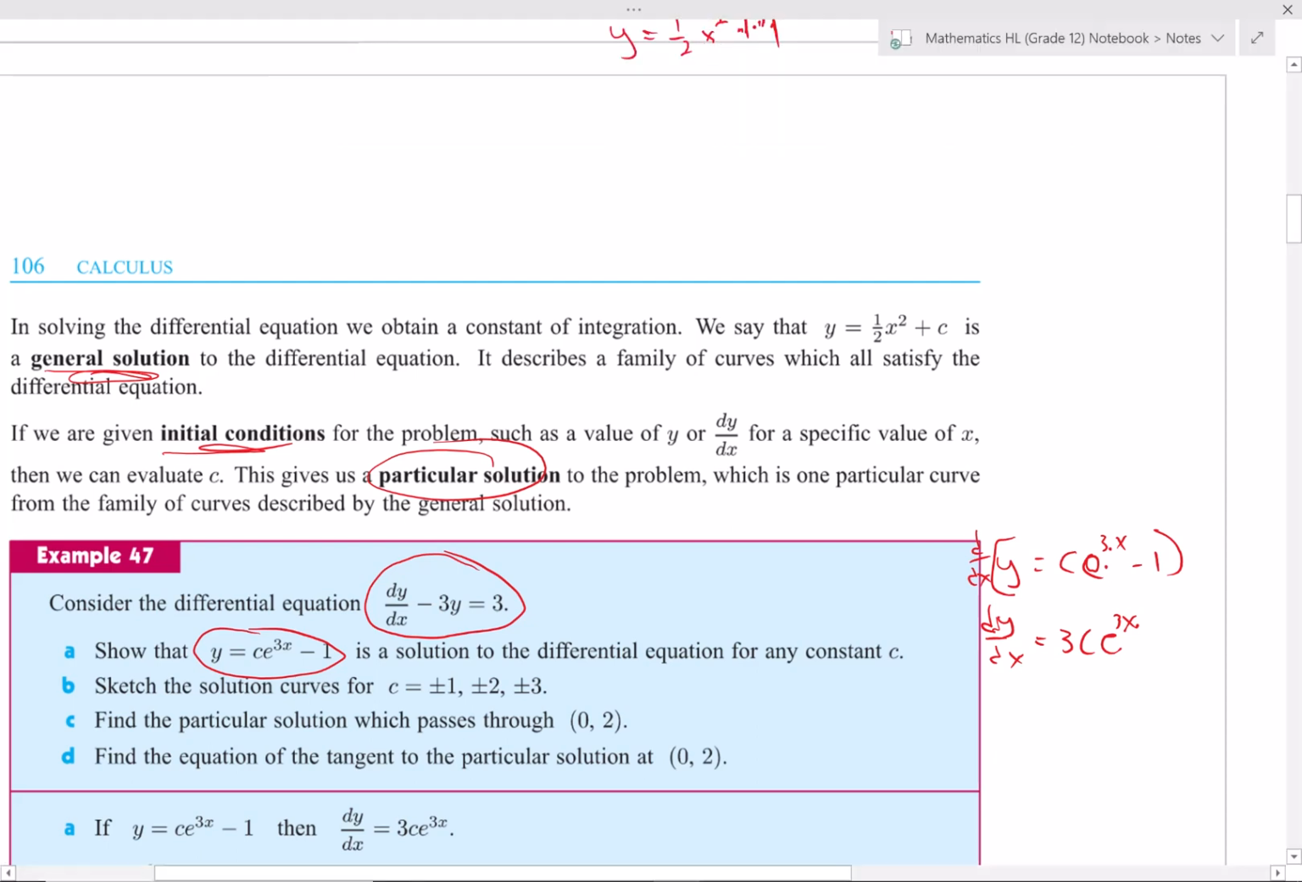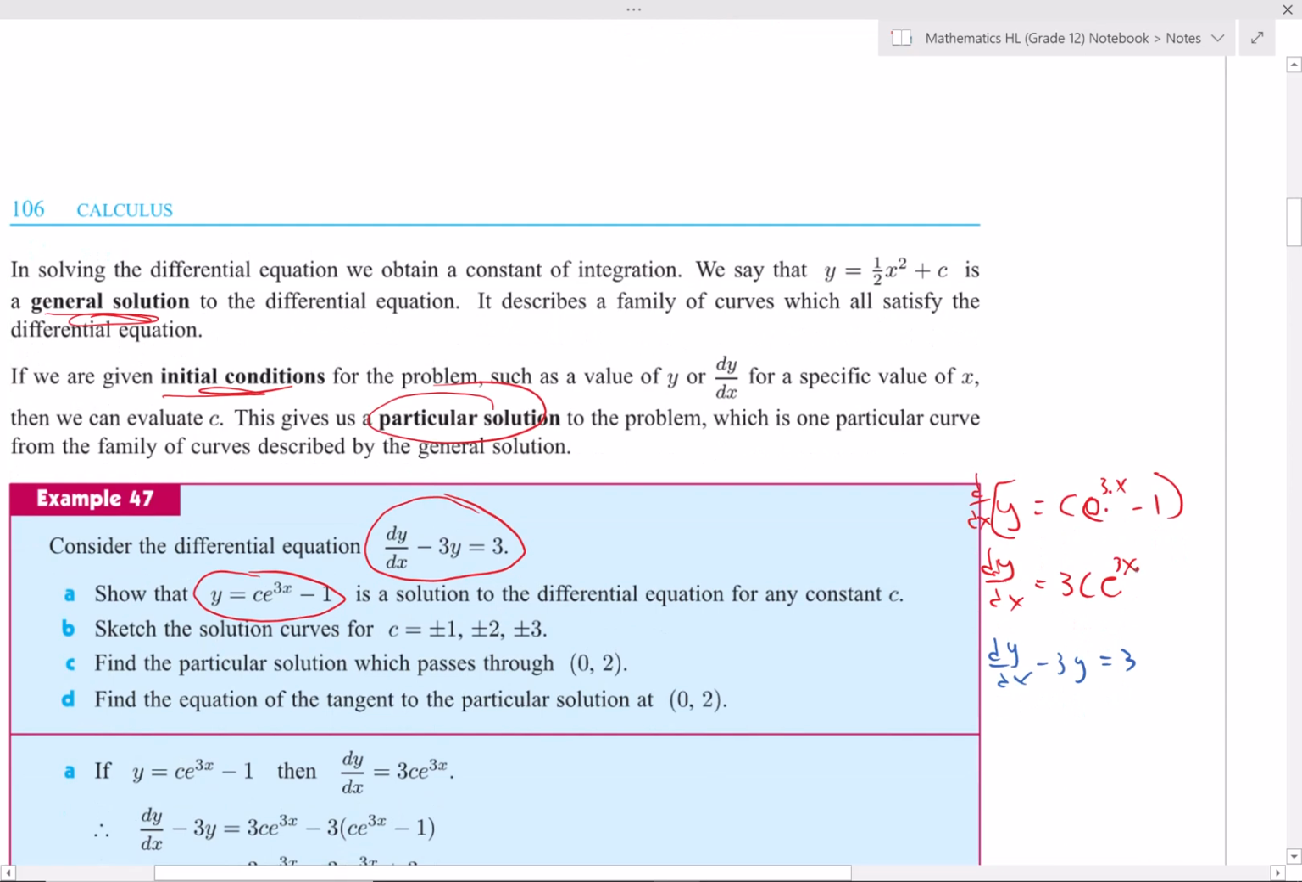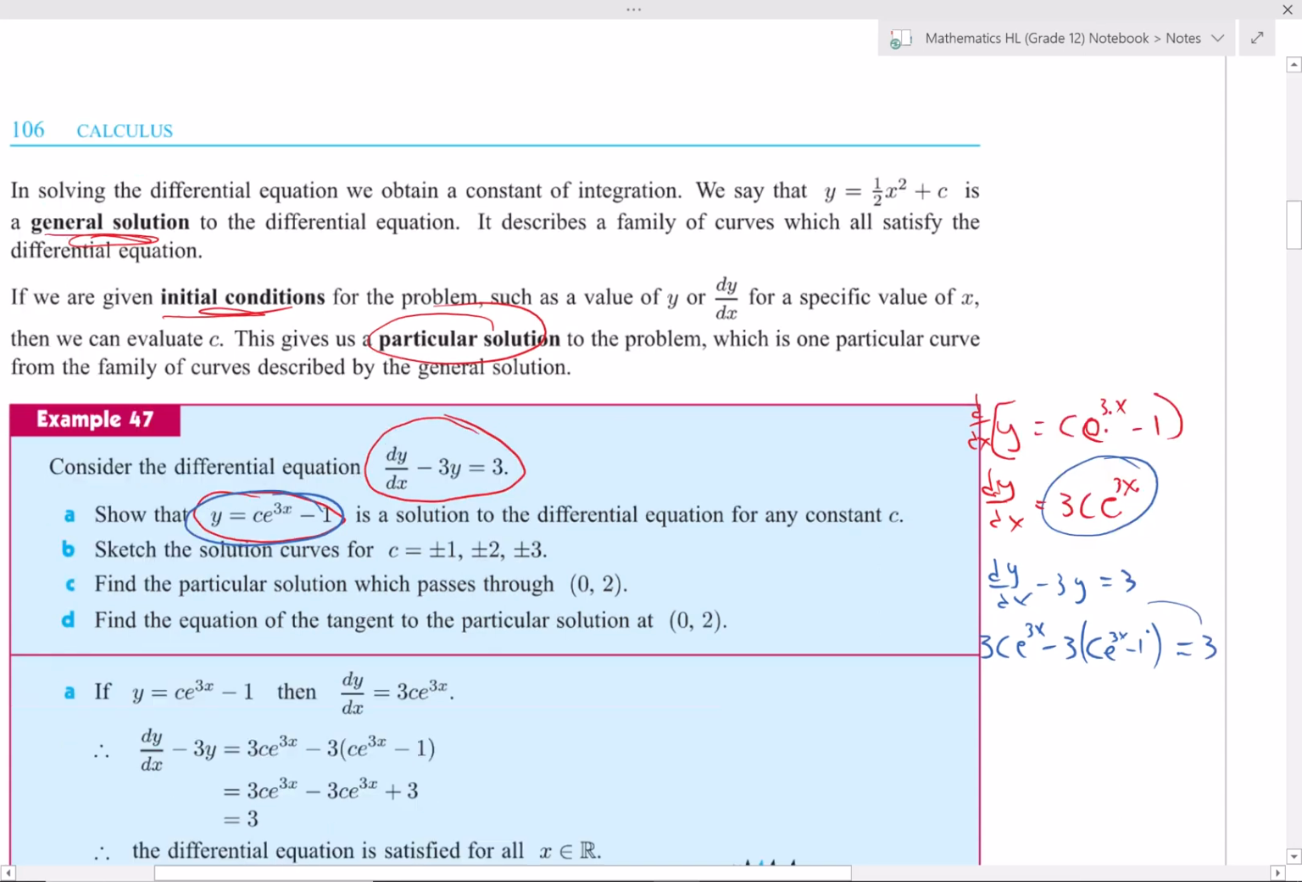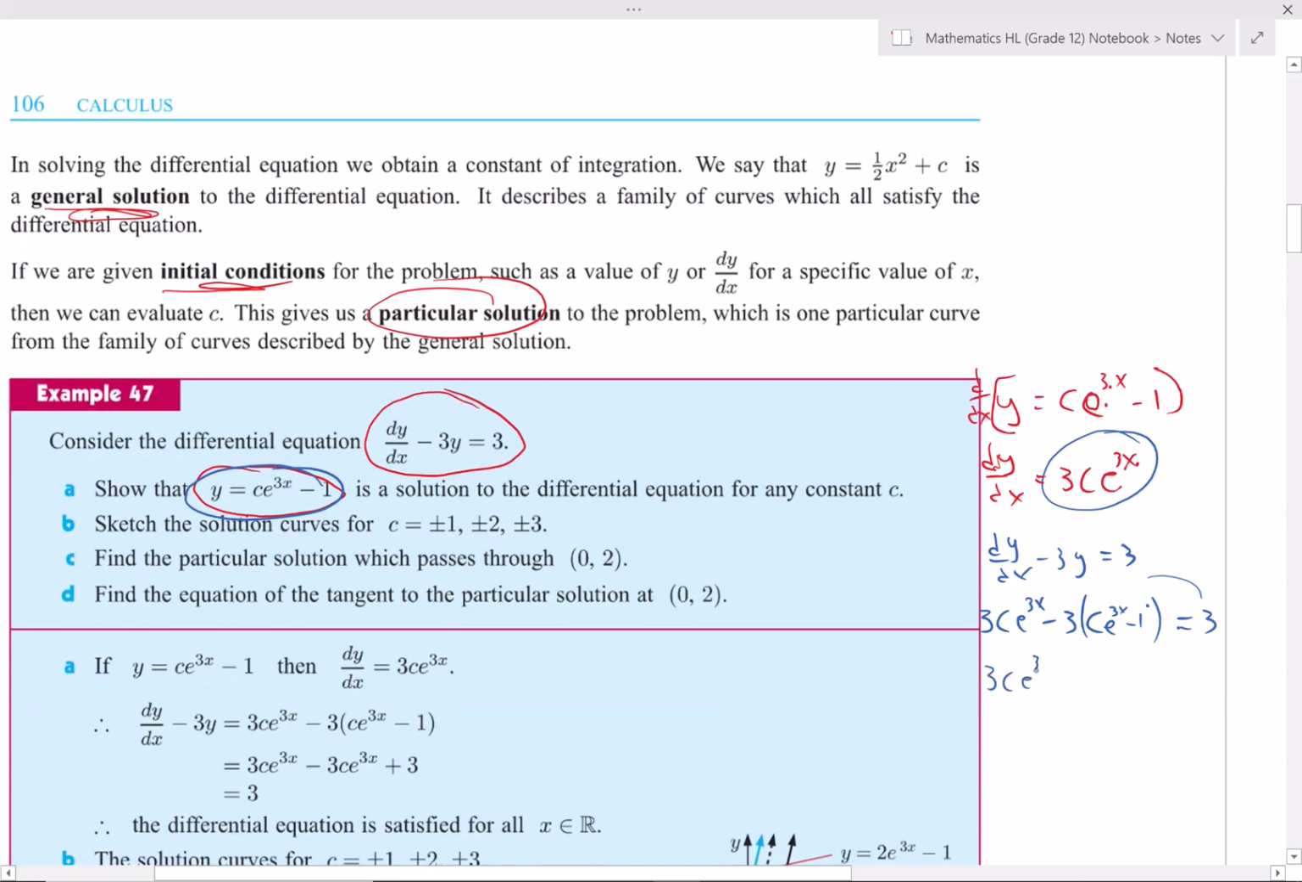And then I'm trying to verify that this is a solution, so I go back to my original equation. I have dy/dx minus 3y equals 3. I'll write it here so you can see exactly what I'm doing. Well, dy/dx is just this, so dy/dx is 3c e to the 3x, minus 3 times y. Y is just what we had here: y is c e to the 3x minus 1. And this whole thing should be equal to 3, that 3 coming down. And you do a little bit of algebra on this, and you get,